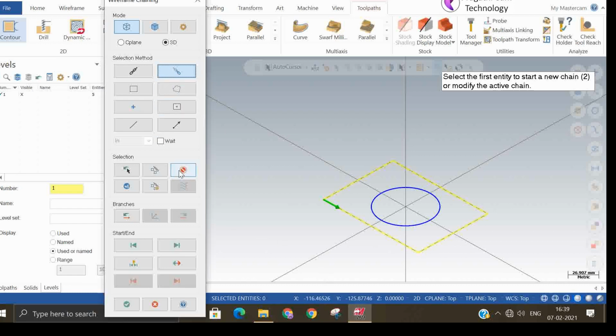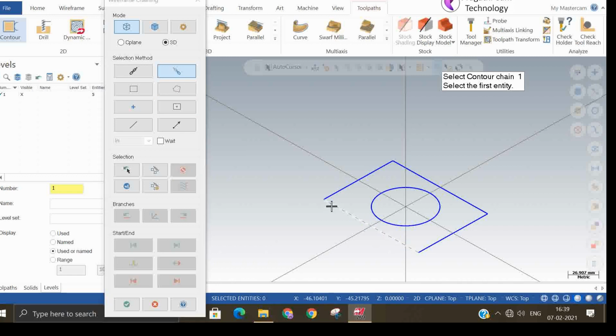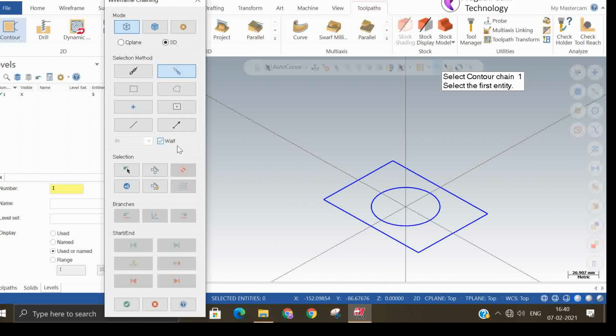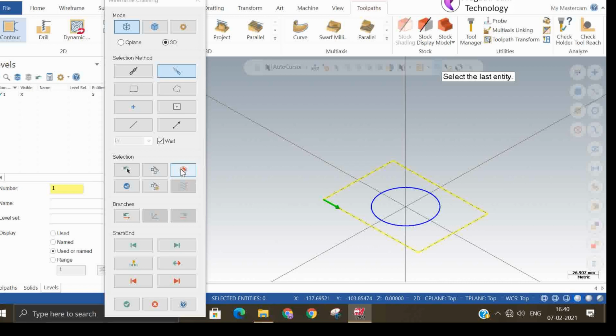Suppose if you have not done that way and you go on selecting the partial, automatically the third selection will make a separate chain. So it's better that when you use partial you use the wait, and partial with wait on is a controlled selection method.